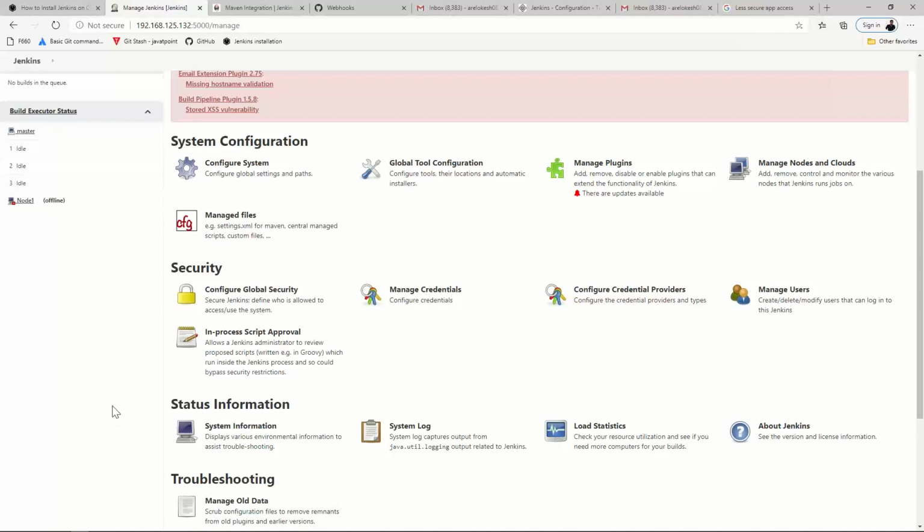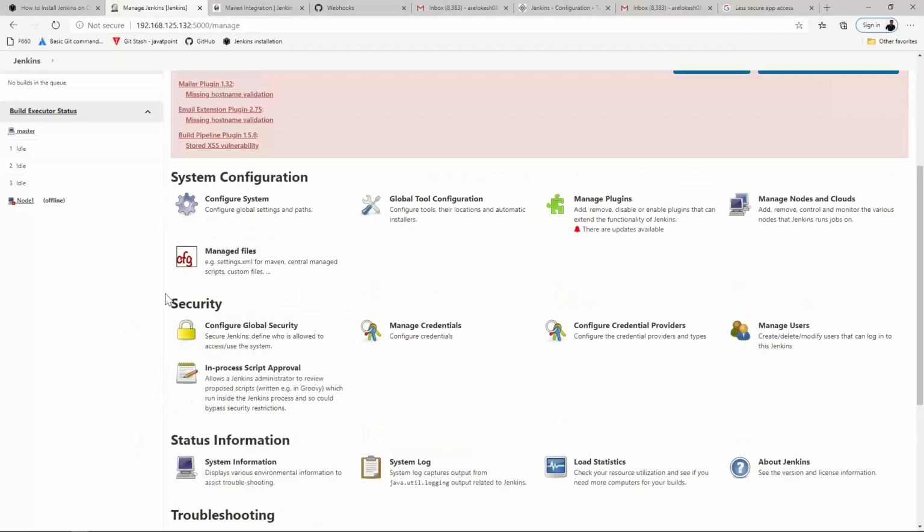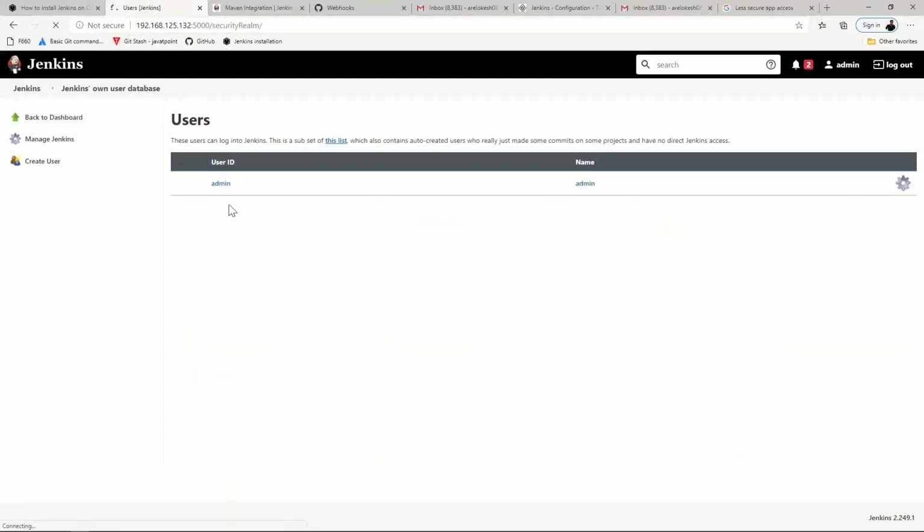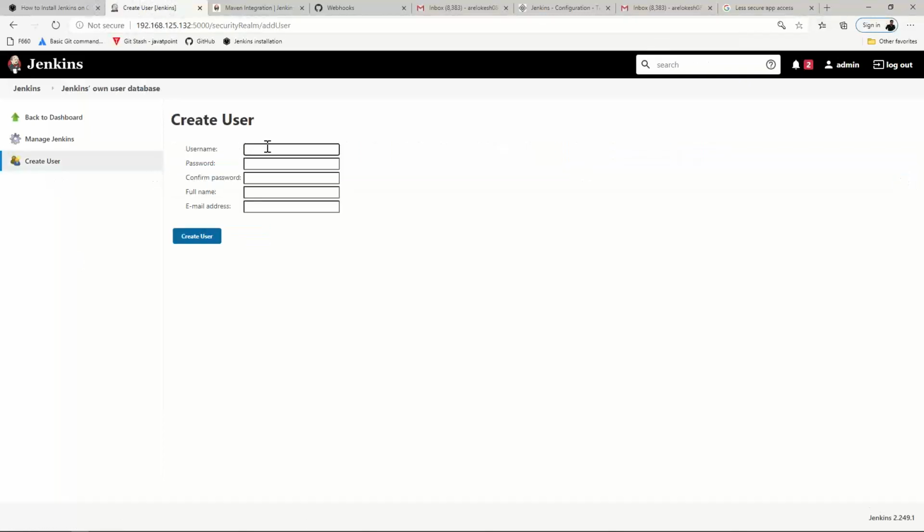You see this Manage Users in the security section. Click on that. Over here we'll try to create users. By default we are an admin, so we got all the access. Create user: the username is dev team.